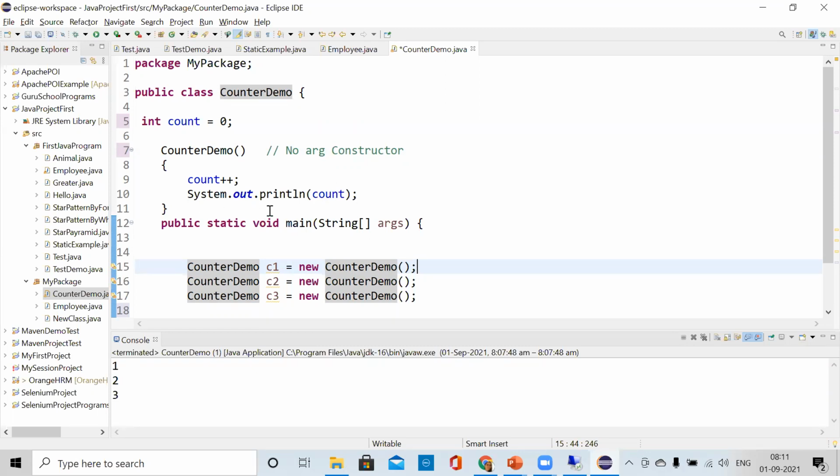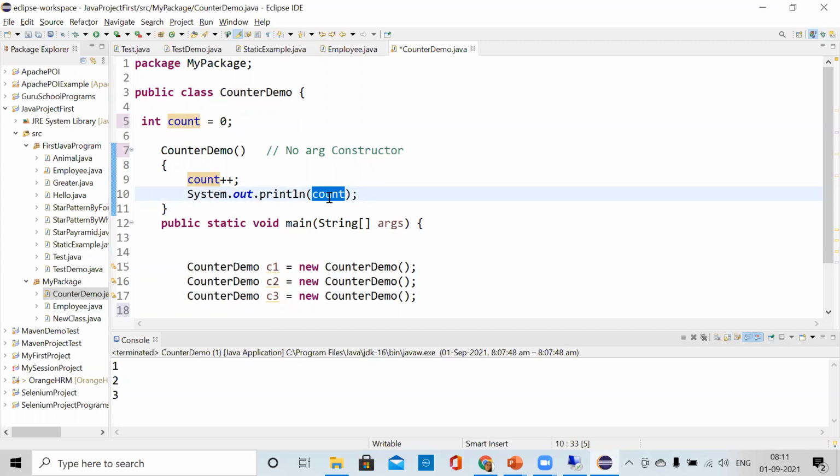So what will happen here is you are calling this constructor, and first the counter is incremented by 1, and then it is printing. So what is it printing? The value of counter is 0, it increments by 1, and it prints 1.